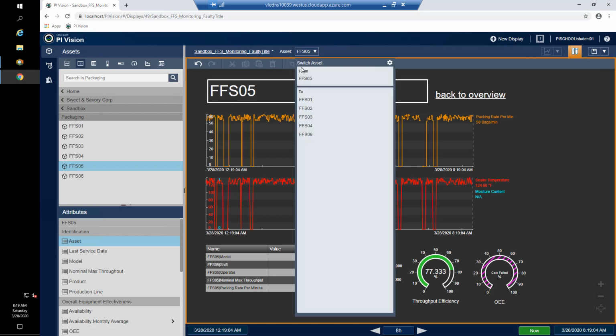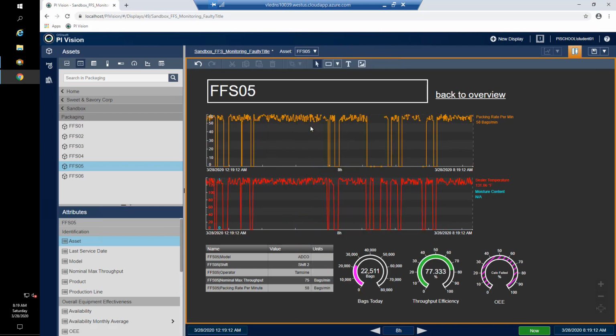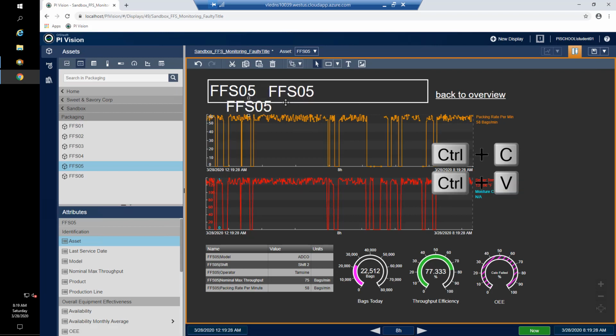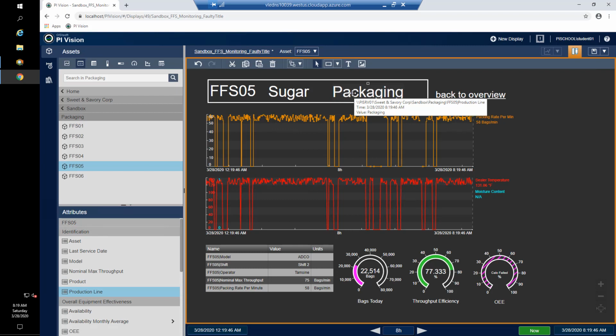Okay, so I've put that there. And just to test it, if I go to unit 4, great, it updates. Now what we want to do is the same with the product and the production line, and I could do that process all over again, or I can just hit Control C to copy and paste it twice. Now instead of this referring to the asset, I want this to be what product we're working with, and this is going to be which production line we are working with.